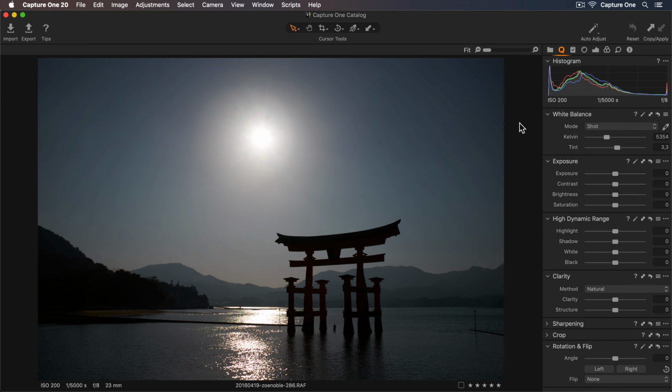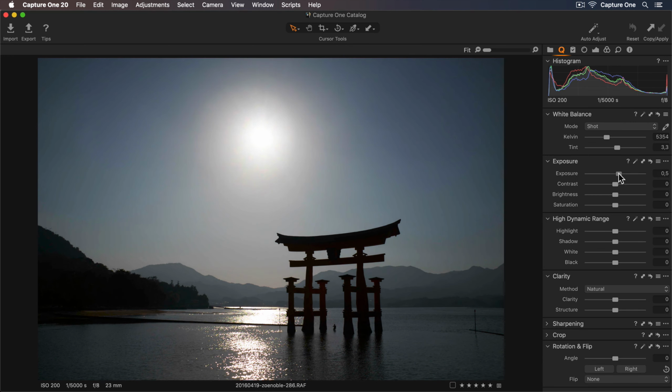So first, I'd like to brighten the photo as it's a bit dark, so I'll just increase the exposure. And I want this to feel a bit warmer, so in the white balance, I'll just add some more magenta using the tint slider. The photo looks a little flat, which is often the case for backlit photos, so I'll